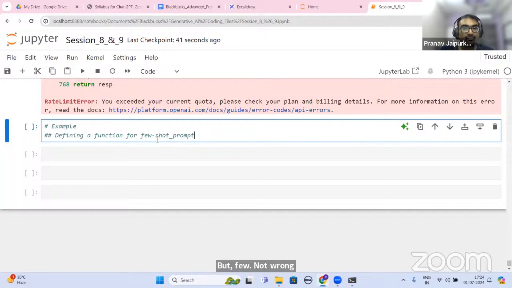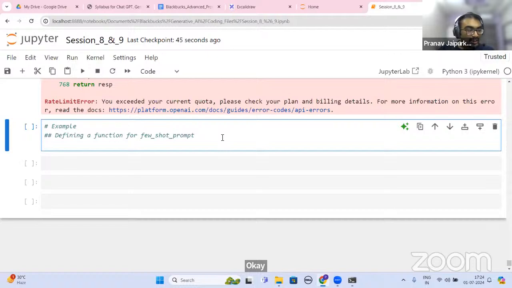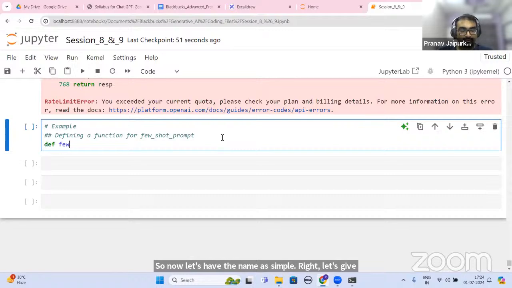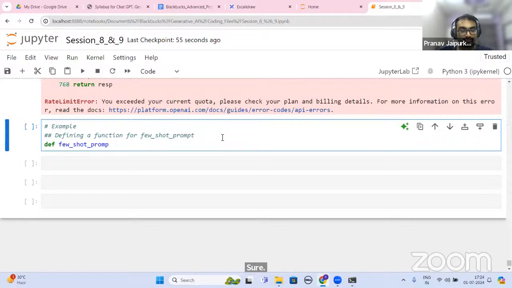Okay. So now let's have the name simple, the same name. def few_shot_prompt, comma, examples, comma, model is equal to